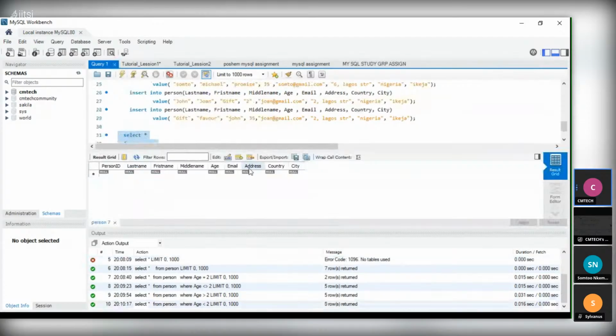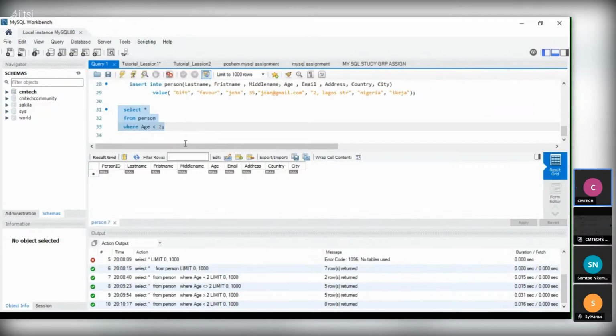So lesser than 2, we don't have any data lesser than 2. So you see, when it's lesser than 2, no data pops out. But when it's greater than, you see the data greater than 2 will pop out.